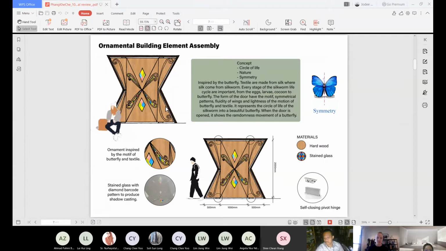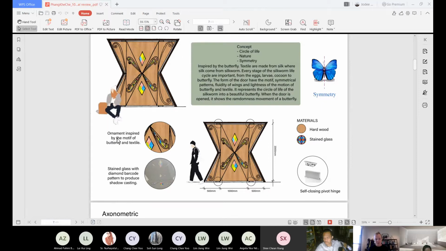The form of the door has the motif, symmetrical patterns, the fluidity of wings and the lightness of motion of a butterfly and textile. It represents the life cycle of the silkworm into a beautiful butterfly. When the door is open, it shows the random movement of a butterfly.